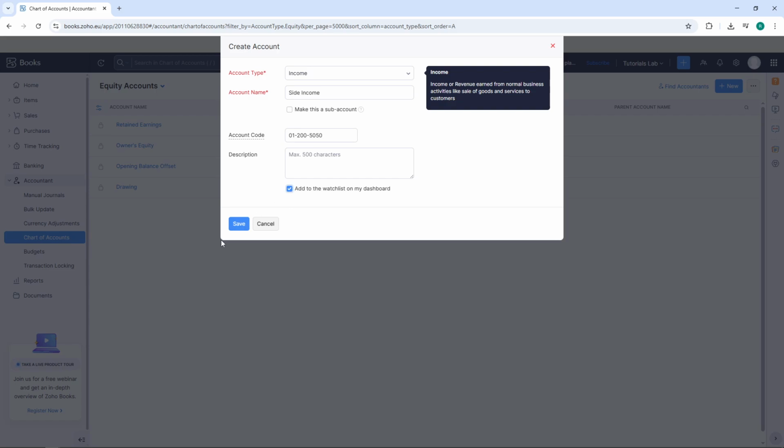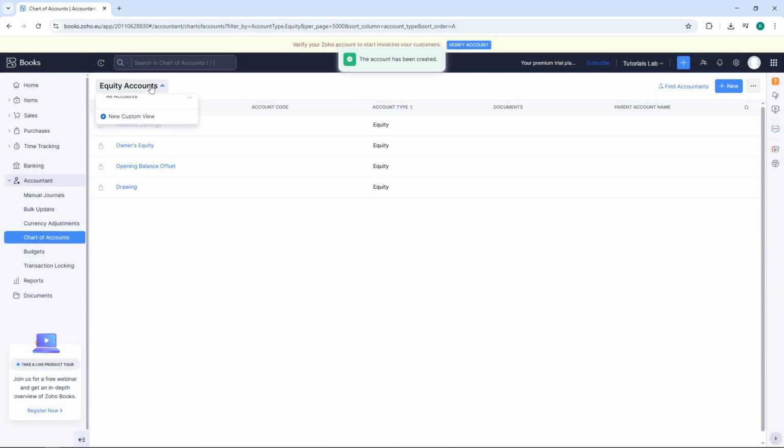Finally, click Save to add the new account with its code to your chart of accounts. Your new account is now active and ready to be used for tracking